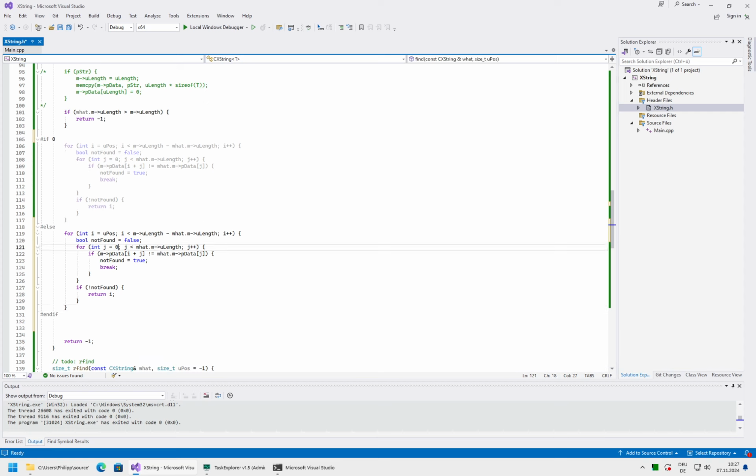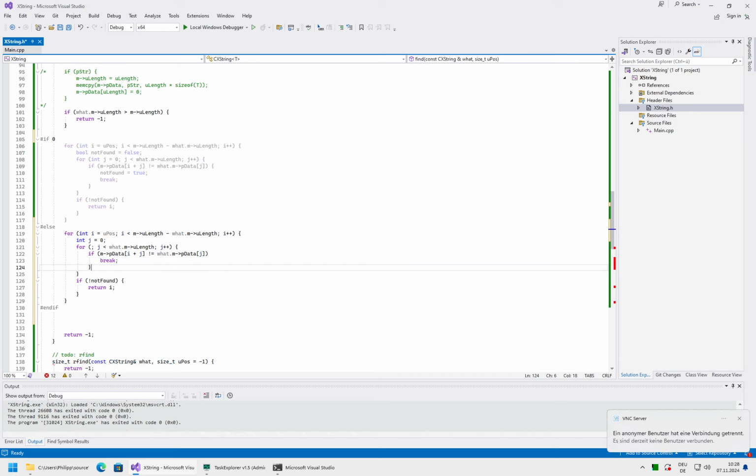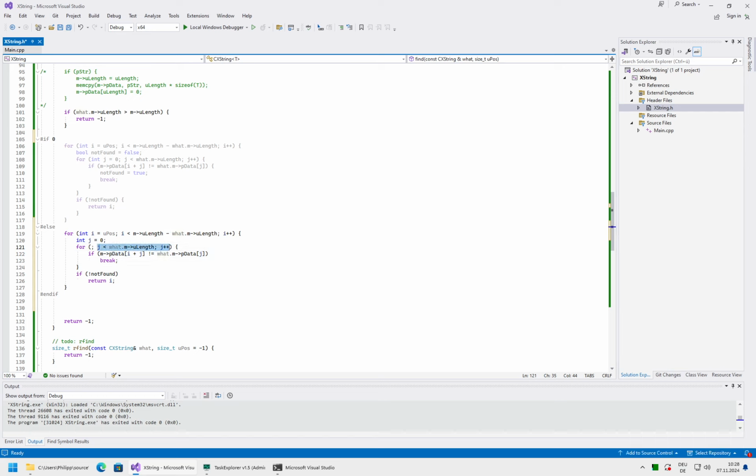So what I would have done is put i outside of the loop. The rest remains. This just breaks. And now I would just compare here: if j is equal to length, then return i, because we always must finish this loop if we have a match.